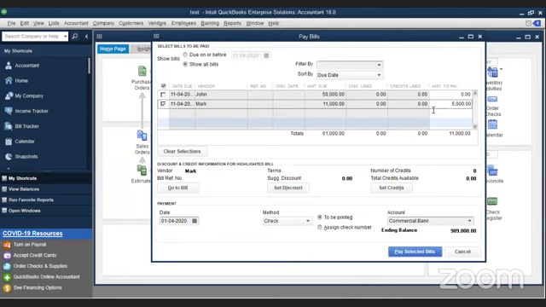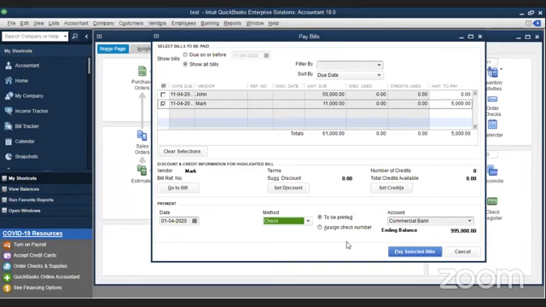The next most important thing. This is why I told you all it's important to set cash and bank separately, because in this window, everything comes into effect. It will ask what method you are going to pay with. Is it a check or credit card? Here we don't have any credit card account, so it's going to be a check. If you see here, it will say to be printed or assigned check number. Why this appears: if you are working in real terms, you can always print your checks directly from QB. It will update everything as it is.